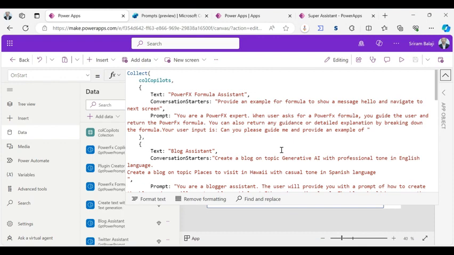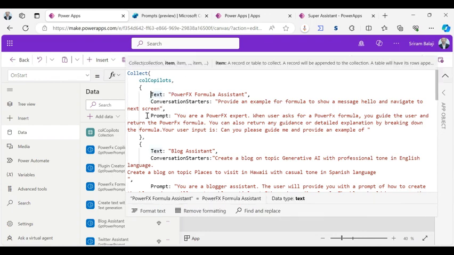Let's go over how we created this application. So here, this is the app OnStart. If you see, you have a collection called Copilots here. We are storing the text, conversation starters, and prompt for each assistant. And